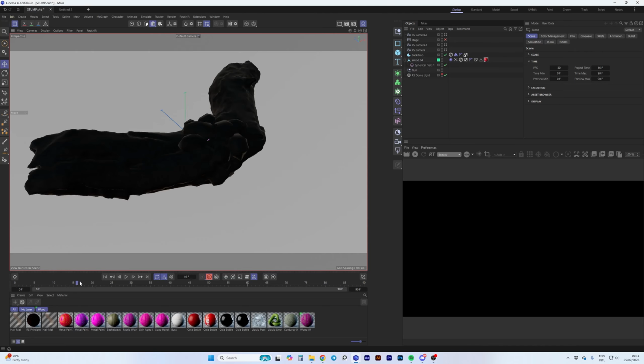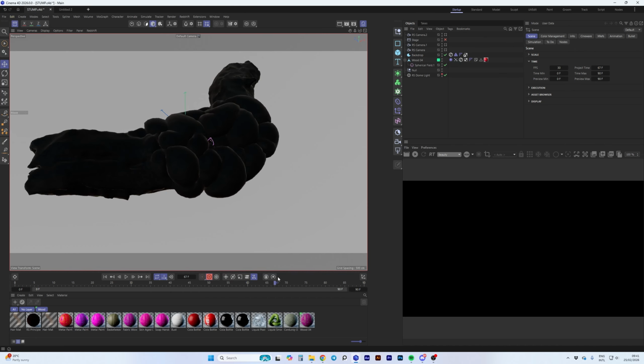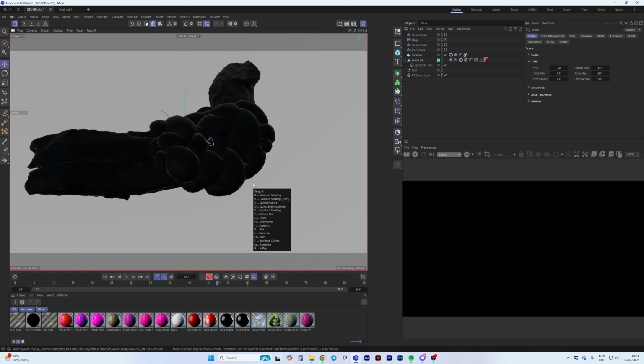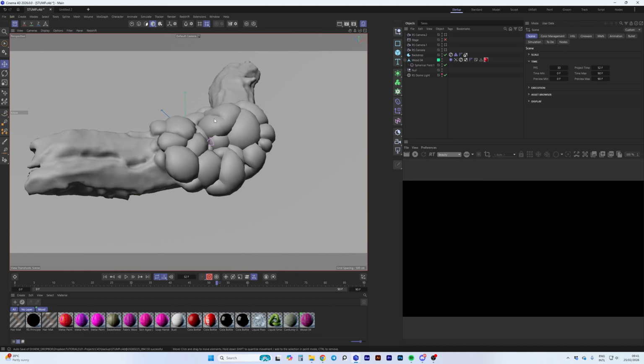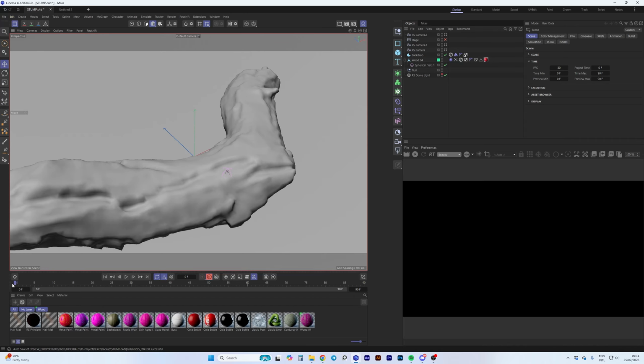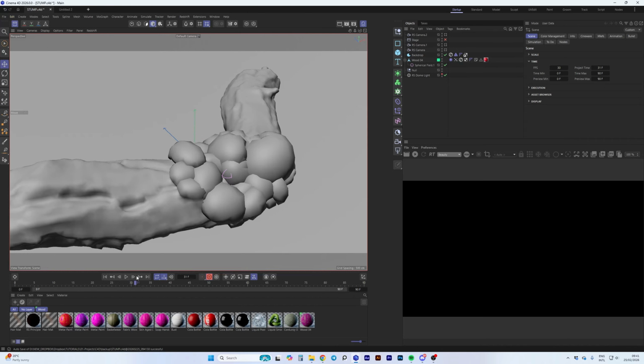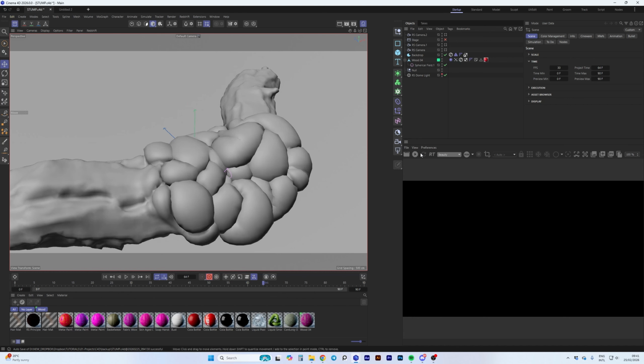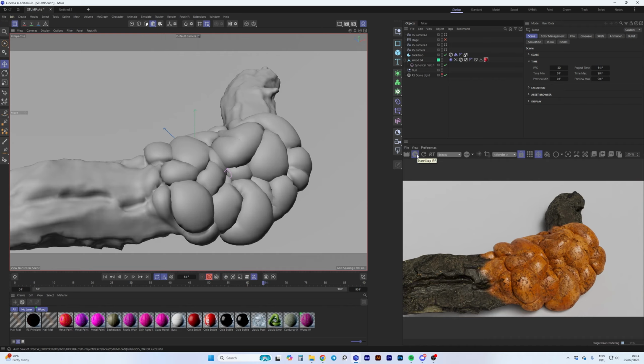Today we're just looking at this kind of organic fungal growth. It was something, let me turn this material, that's NQ by the way. Yeah, it was something I was just playing with and I thought the effect was pretty cool. Let's just render here. You can use this kind of technique for all sorts of things. It doesn't have to be growing on wood, but I think it's quite a useful technique. So let's